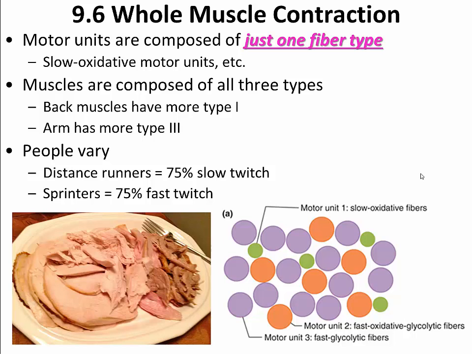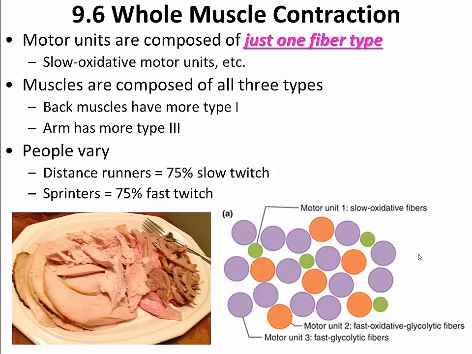And so this is supposed to be a depiction of an actual muscle. And you can see that in this particular muscle, there are type 3, type 2, and type 1 fibers that make up the muscle. And we would expect to see that in any muscle that we look at in the body. However, depending on the function of the muscle, then we would expect a higher percentage of one fiber type